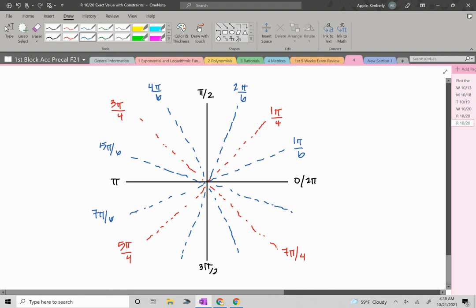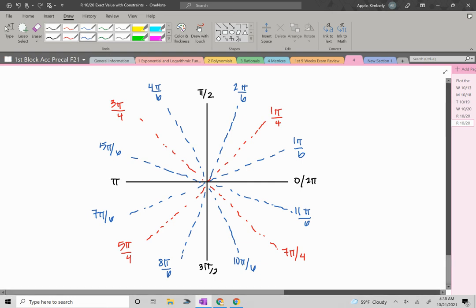7 pi over 6. 8 pi over 6. 9 pi over 6 here. 10 pi over 6. 11 pi over 6. So at this point, you can reduce some of these fractions. The 30-degree reference angles are not going to reduce, but these 60-degree reference angles will, like 2 pi over